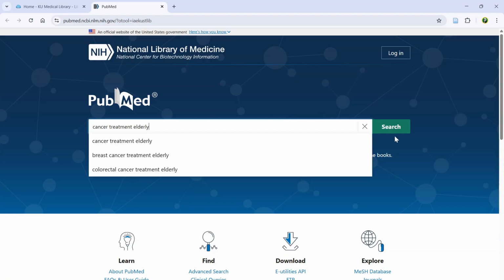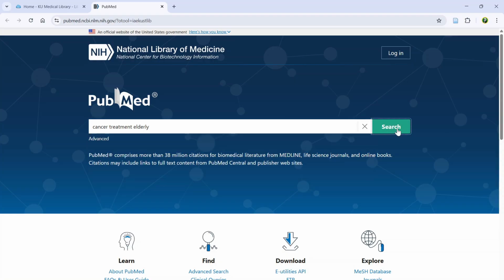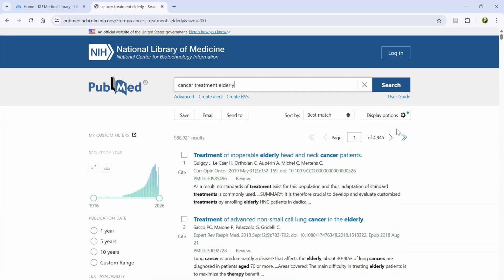So I'm just going to do my basic search, cancer treatment elderly, and going to hit search. So this is the results page. You can see my search is quite broad. I'm getting almost 1 million hits. So this is a search I could easily narrow down, refine, either by adding other